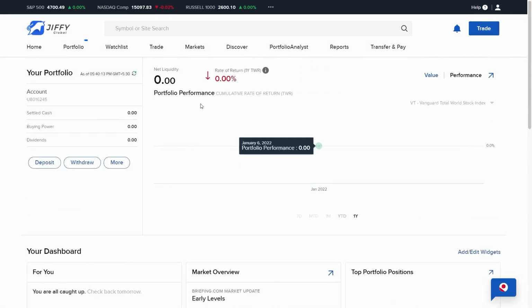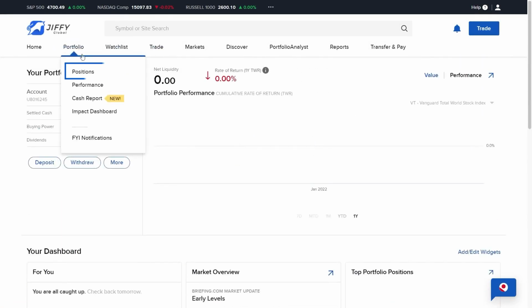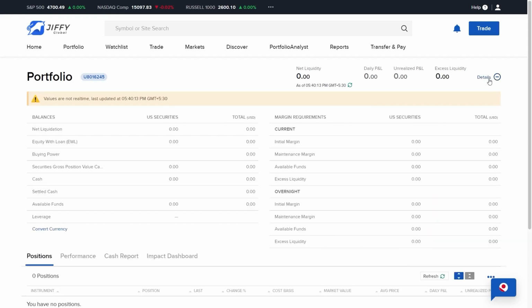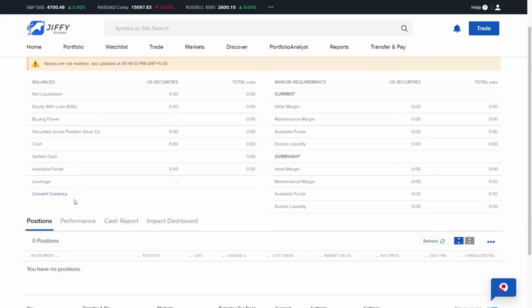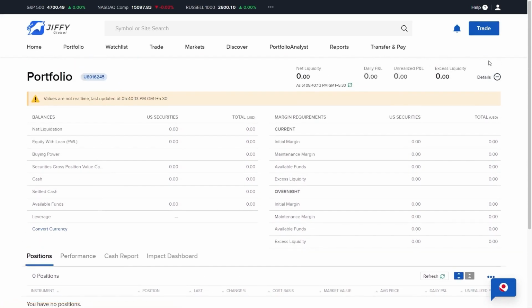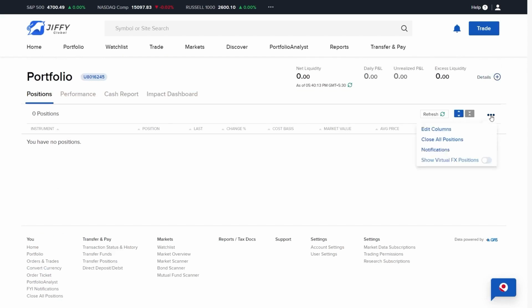Click the portfolio menu and select positions for drill down details about net liquidation value and margin requirements. Use the plus icon to the right. Your portfolio positions, market values and P&L are displayed on the main part of the page. Beneath is displayed any available cash positions. Use the three dots to the right of your market value to make changes to the column display.